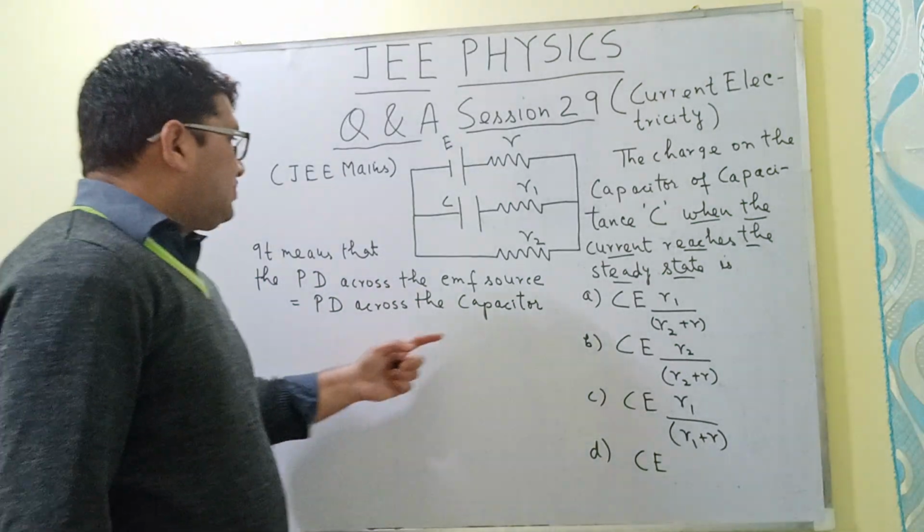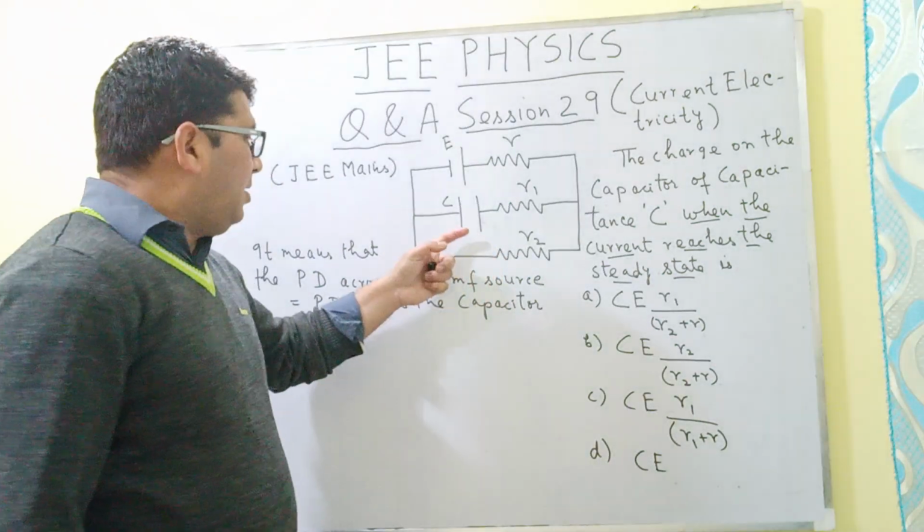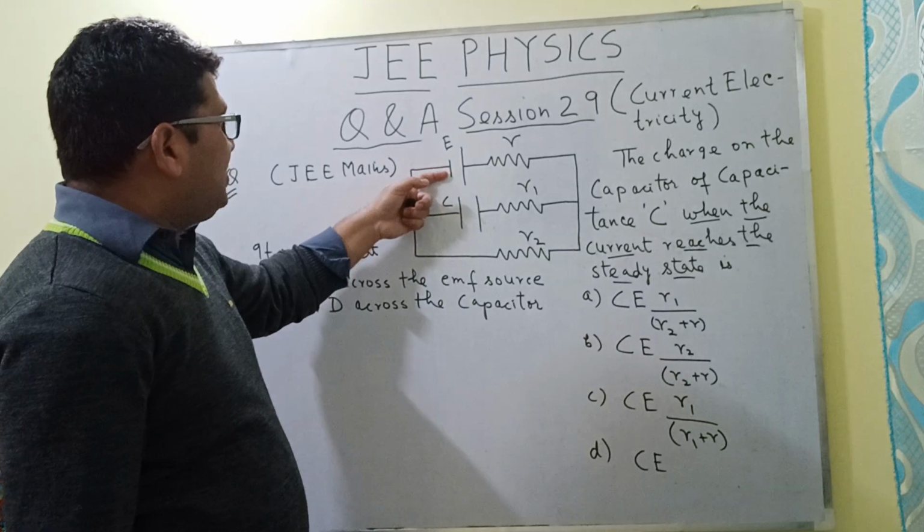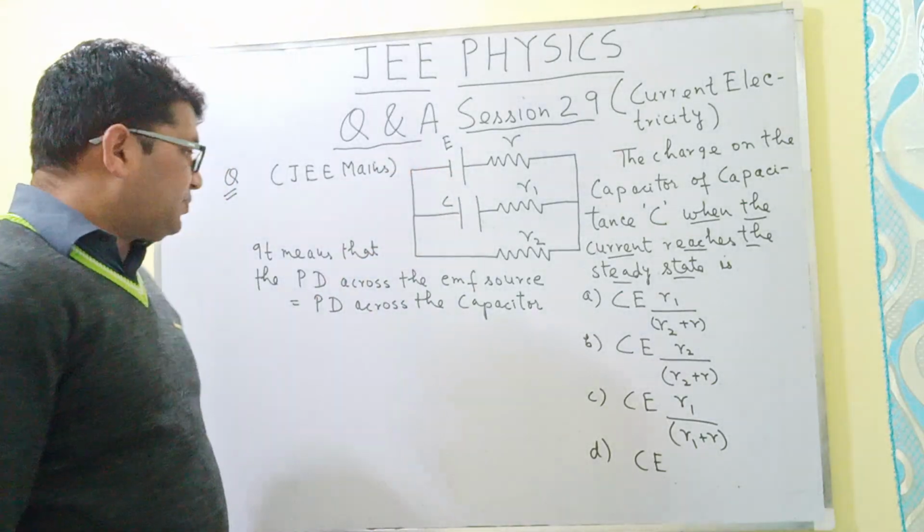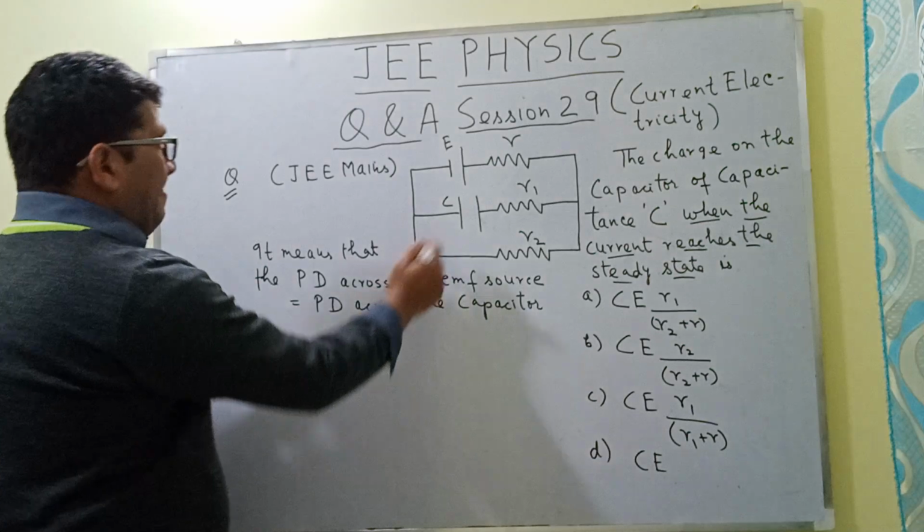Now, in this case, when the potential difference across this capacitor is equal to the potential difference across this EMF source, then